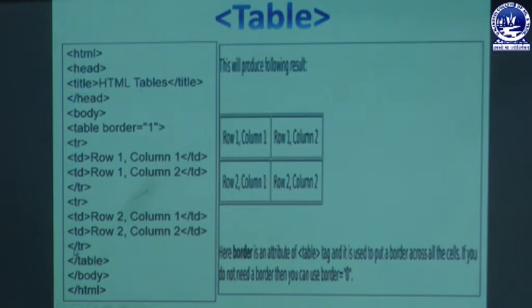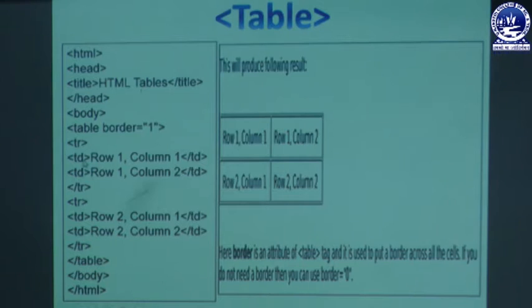Then we have specified another tr tag, which is used to define another row of the table, in which we have td. That means again we can define two columns over here. You can see I have written here row 2 column 1. That means row 2 column 1 is another value which must be stored in the second row, column 1. Similarly, I have defined another td, row 2 column 2. So row 2 column 2 is the other data which is stored in row number 2 and column number 2. So here I have specified two rows, and td in each row defines the columns in that row.